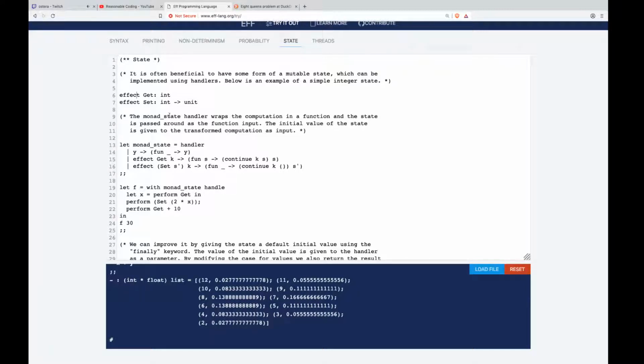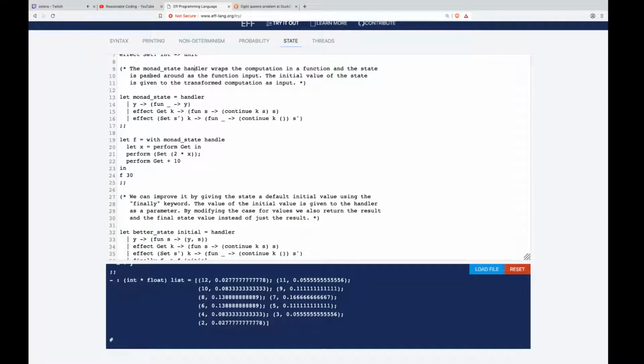Otherwise, this get and set will be quite specific. I guess that would be if we could functorize the definition of effects, then maybe we have a state module functor that you parameterize with whatever type you want to use, and then it just defines new get and set effects for you for that type. So that could work, but